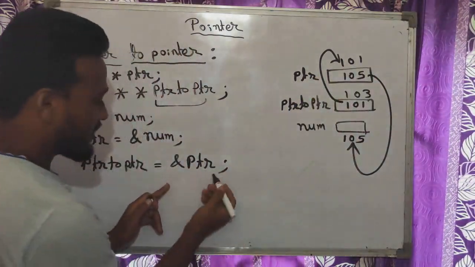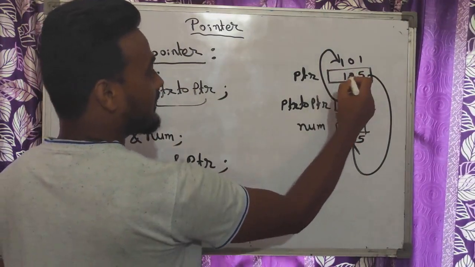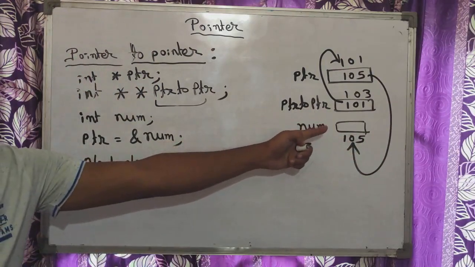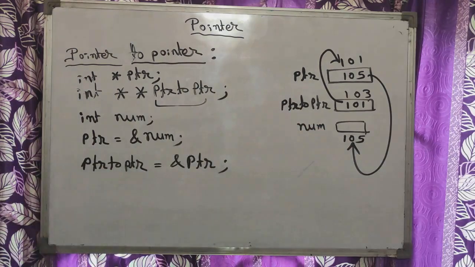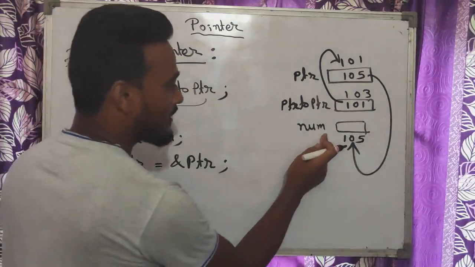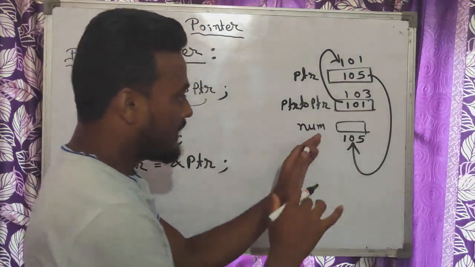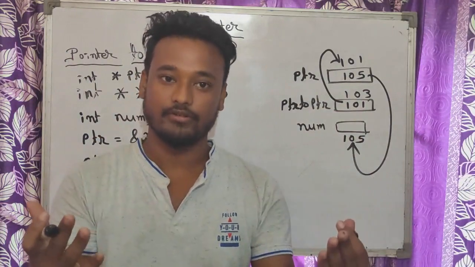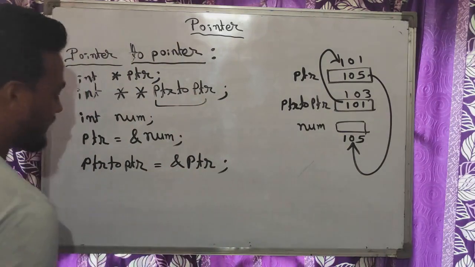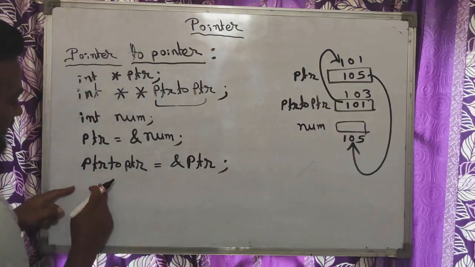That means because we have executed this statement, you can see from here to here, again from here to here, ultimately it is getting the memory address only. Is it not the two-dimensional array concept? Yes, exactly. Till now we have not assigned the actual value. Number is not having any actual value; we are only working with memory addresses. Now let me assign some actual value to number. If you want to assign an actual value to number, just write number equal to 10.